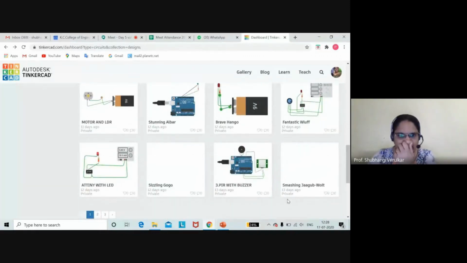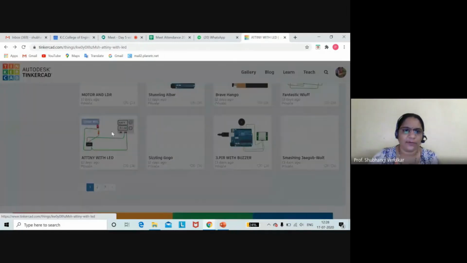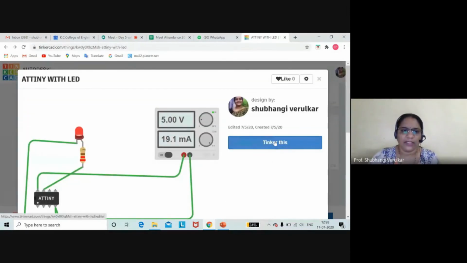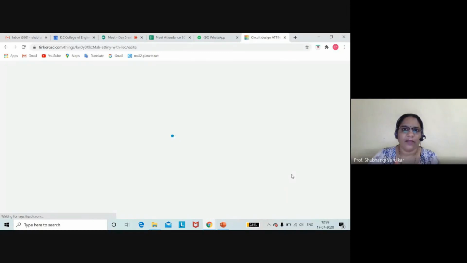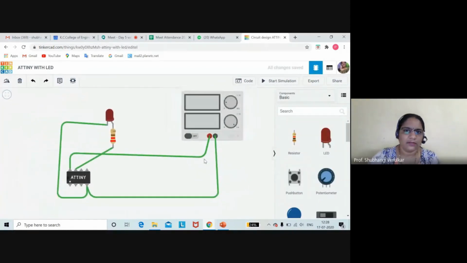Okay, one important thing I have to show you again is this ATtiny microcontroller, because if you want to do a cost-effective project, then you should be able to understand this ATtiny also. Okay, so this is, instead of Arduino, what I have used: the ATtiny controller. This ATtiny controller is going to blink your LED, and we can read a value here also. So this is your power supply and all we have.